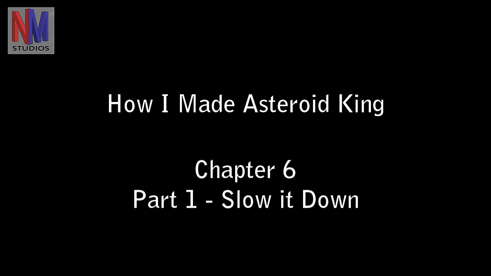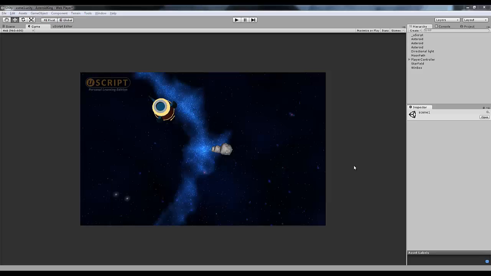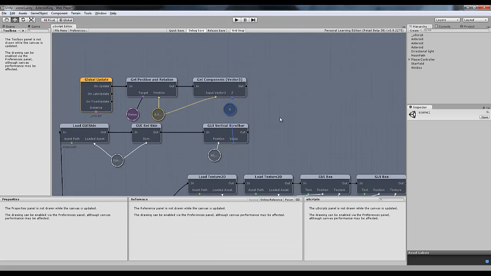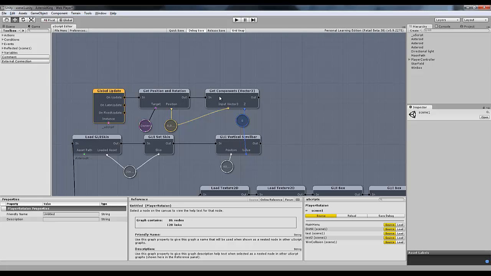In Chapter 6 Part 1 we will be altering our U-script to reflect the death point on our scroll bar and also removing the player after a game over. So we want to stop the scroll bar after we've lost all of our lives. What we're going to do is make a bit of room over here